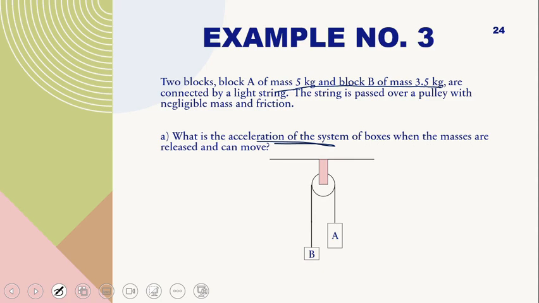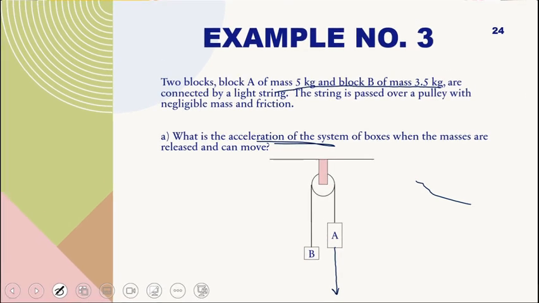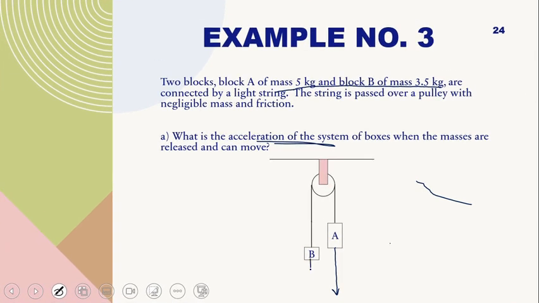So we know that our external forces are going to be the weights of these two boxes. And since A has a greater mass, it's going to have a greater weight. So I'm going to draw that arrow bigger than box B's weight. So now, we know that the only two external forces acting on the system are the weights of these blocks. Even though the weights point in the same direction, which is down, they would cause the system to move in very different ways